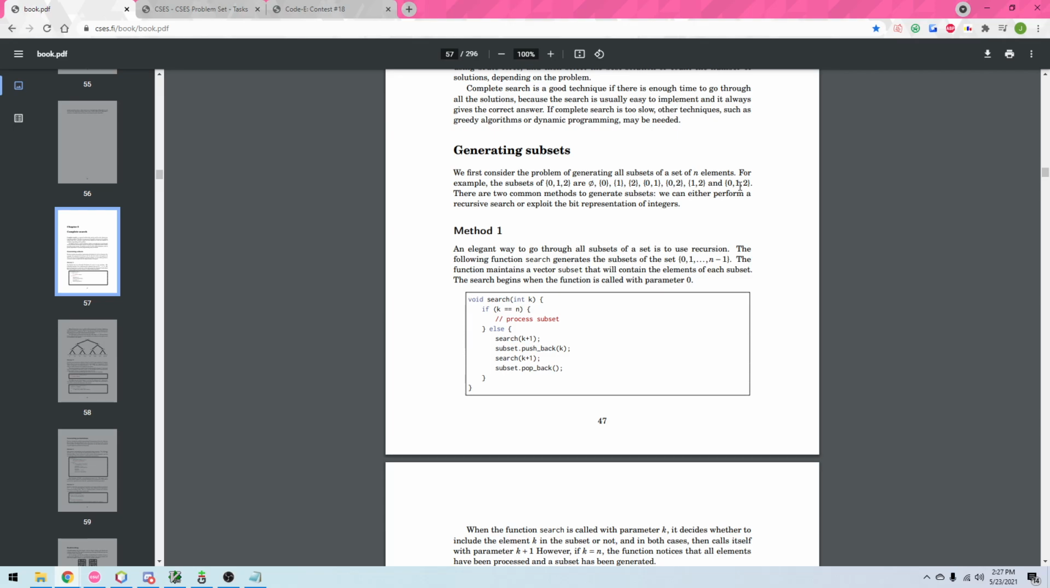So the first method that they show you is to use recursion. What happens is you have a vector that represents your current subset. It's not in this code, but let's assume that outside of this function, globally, you have a vector called subset. You have k representing how many elements you've iterated through, going through all of the elements from 0 to n. If k is equal to n, it means you've hit the end, so you're done choosing all of the elements that you wanted. So they put here to process the subset. Otherwise, if you haven't reached the end,